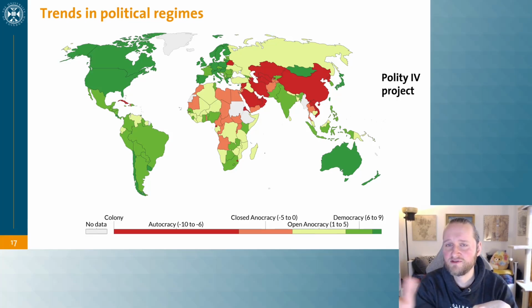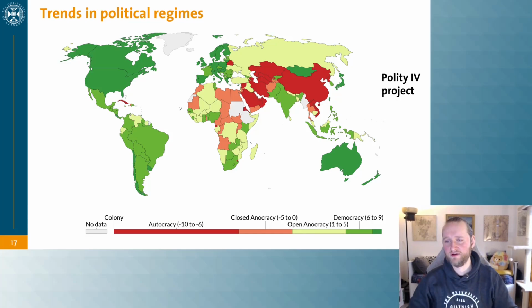And you see maybe some countries that you might have not expected, countries like Pakistan or Mongolia score very high on these democracy scales. And you see that a large part of the world, including Asia and large parts of Africa, are in this category of anocracies. So either closed anocracies that are closer to autocracies or open anocracies that are closer to democracies. So that's roughly how the world looks at the moment. And you see there's quite a bit of